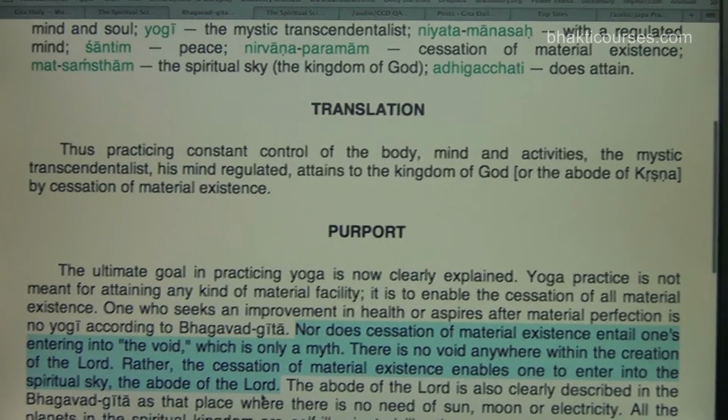So Prabhupada would say sometimes that actually there is no void anywhere in the creation except in the head of the voidists. Except in the head of the voidists means that they just don't think it seriously enough. So actually the reality is so beautiful ultimately. Even material reality is so beautiful. So where has it come from? Has it come from a void? No, the scripture explains that it has come from a spiritual reality that is even more beautiful.